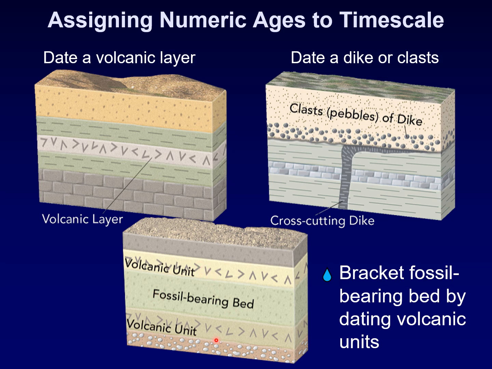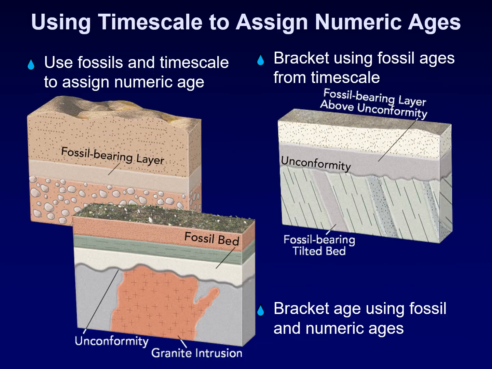And if we have enough of these all over the place, we can start to constrain when these fossils were evolving on the planet. And so that's how we have ages for fossils. We can then take those ages for fossils, and we can use them to further define the ages of rock